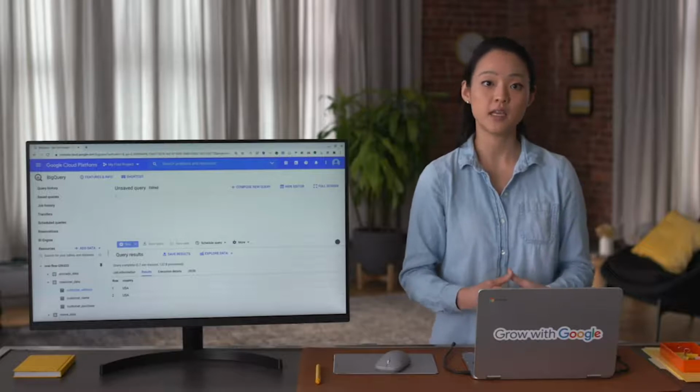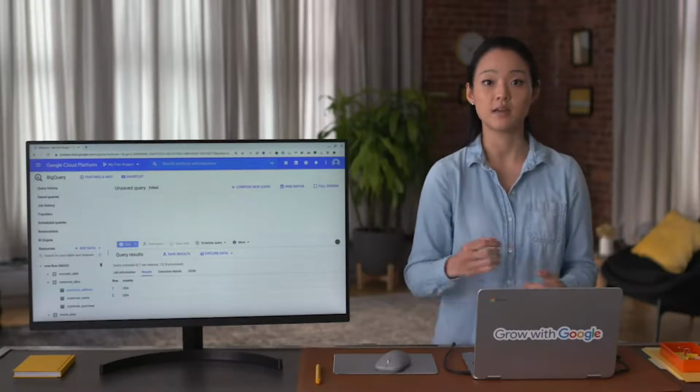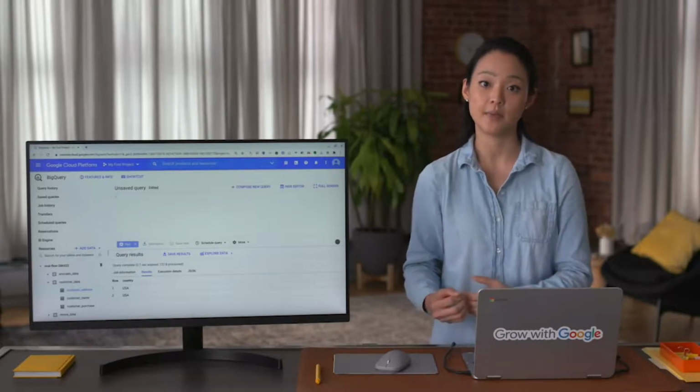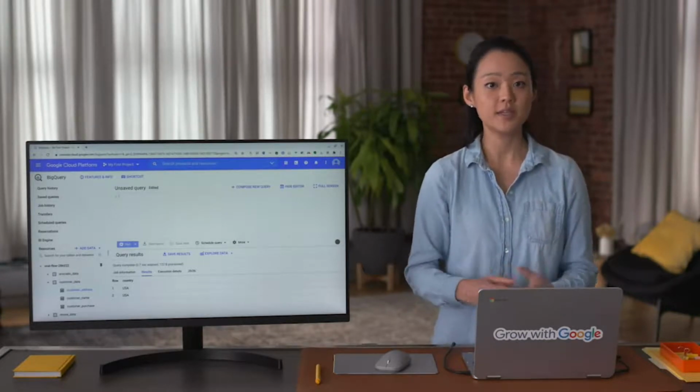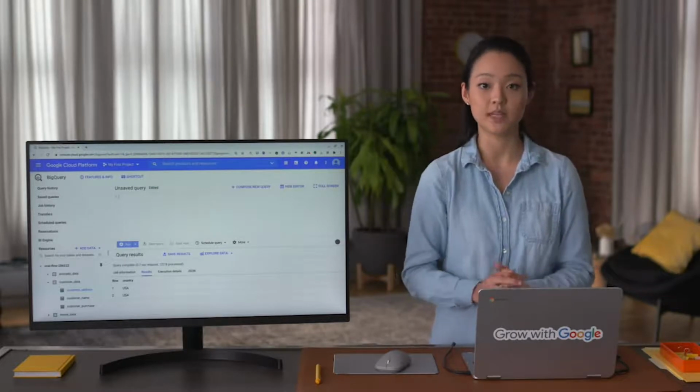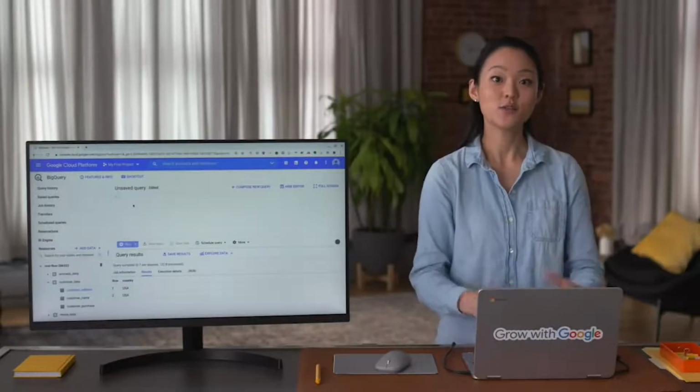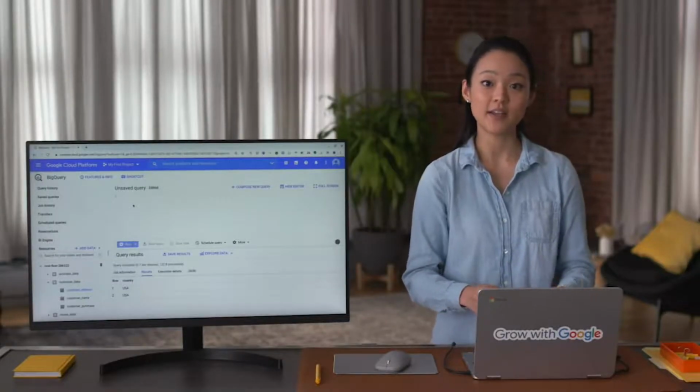If we created this table, then we could update our table so that this entry shows up as US instead of USA. But in this case, we didn't create this table, so we shouldn't update it. We still need to fix this problem so we can pull a list of all the customers in the US, including the 2 that have USA instead of US. The good news is that we can account for this error in our results by using the substring function in our SQL query. To write our SQL query, let's start by writing the basic structure.